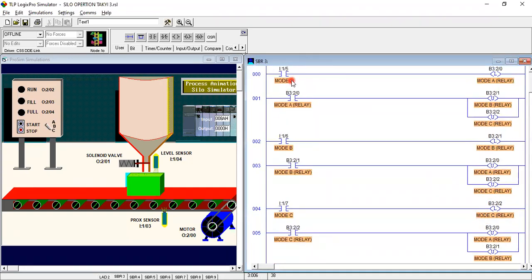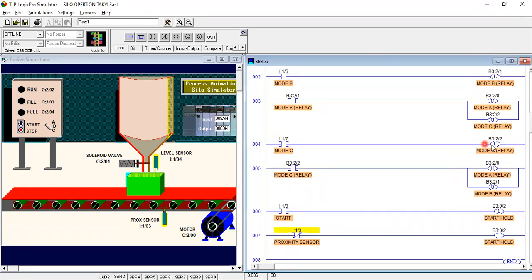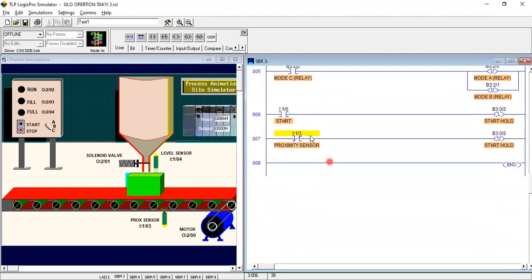In mode A we have this binary addressing, and this binary addressing we have in mode B, and this binary addressing we have in mode C. So when you press the start push button, this binary address bit will be turned on, start, hold.